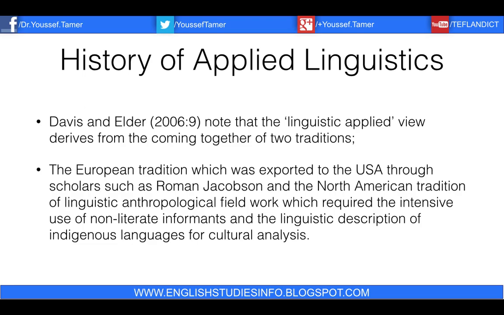The European tradition, as you know, the most popular figure in it is Roman Jakobson, phonetics, phonology, basically. And you know that he focused, of course, on language per se. So this distinction that I'm telling you, linguistics applied and applied linguistics, derives from combining two traditions: the tradition of Roman Jakobson in Europe, by which the North Americans were influenced, and the North American tradition of